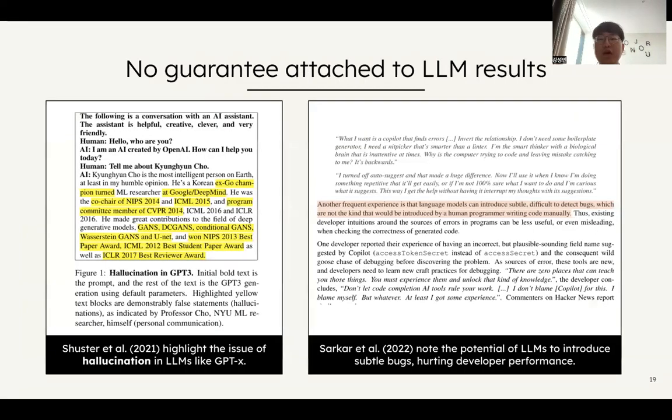I don't think that's the issue, primarily because there's no guarantee attached to large language model results. For example, they are prone to hallucination. As you can see on the left, all the yellow text is demonstrably false. And so even if we get improvement results from a large language model, it might not even compile or it might not execute. And so there's that issue. Furthermore, Sarkar and others identified the potential of large language models to introduce subtle bugs, as you can see on the right. And so even if the code compiles and can actually be executed, it might contain subtle bugs that